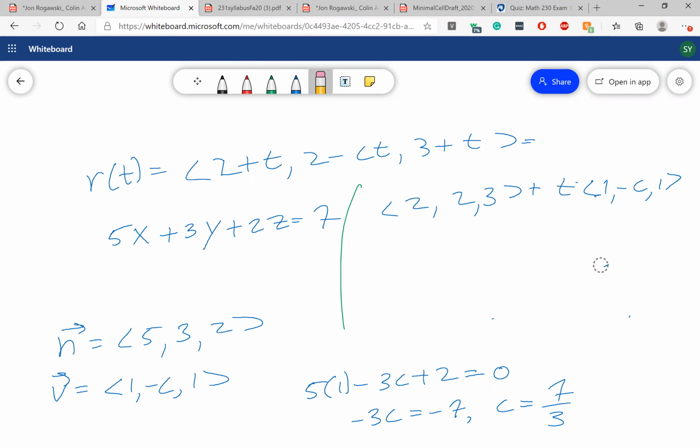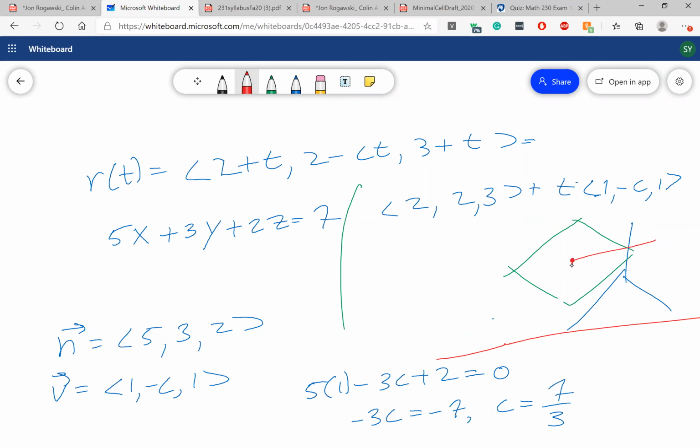Now, we have to make sure, so what we just did is we had a plane and we found a C that made this line, hopefully, well, it's definitely parallel to the plane. We need to make sure that the point R0 did not start in the plane, so it's not entirely contained in the plane. So one way to do that is to take the point R0 and plug it into your plane and see if it satisfies the equation of the plane. So that would be 5 times 2